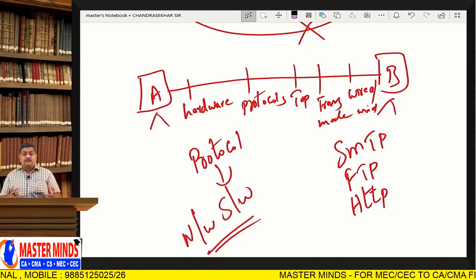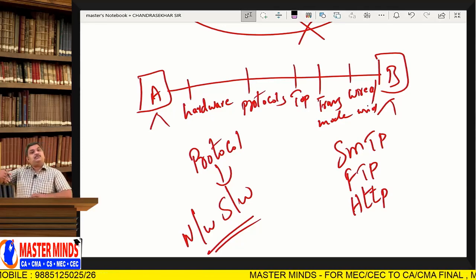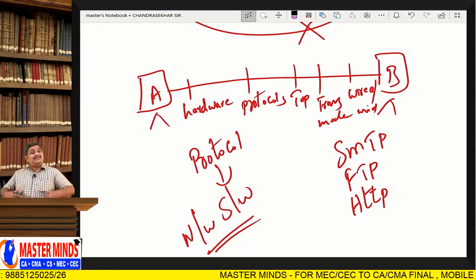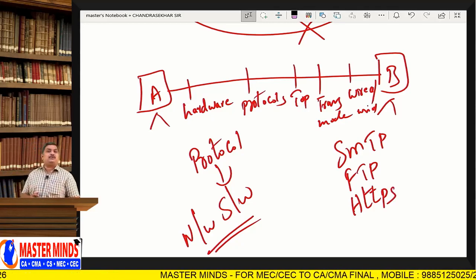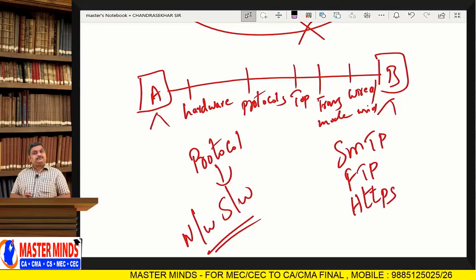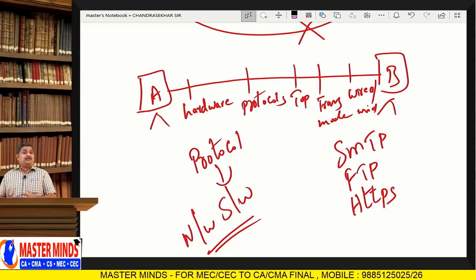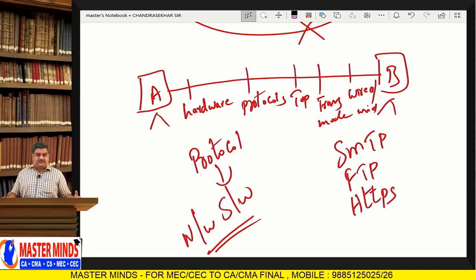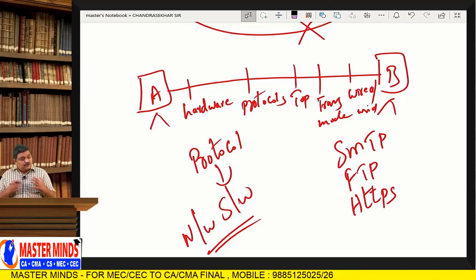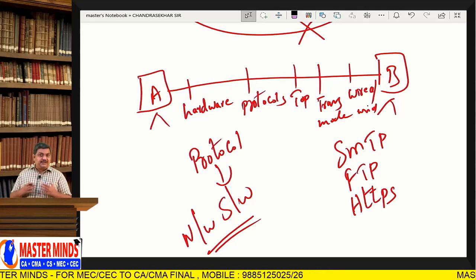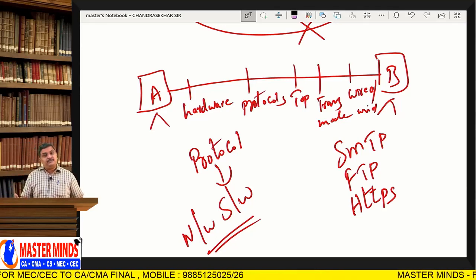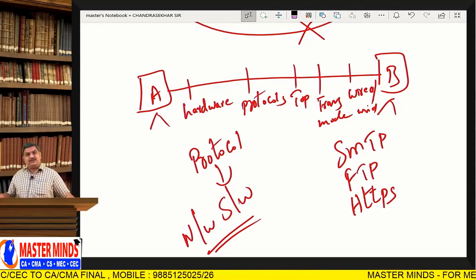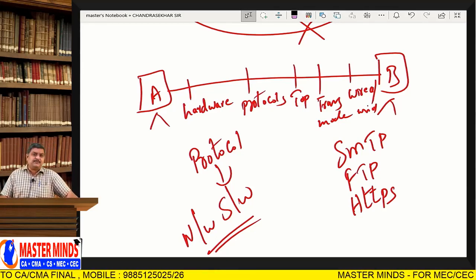See, earlier we used to follow the HTTP protocol to load websites. But today the secured version of HTTP, that is HTTPS, is followed. So this is a protocol. That means for everything in the network, a procedure should be there, a program has to be written, and that procedure has to be followed definitely. Otherwise, what happens? You will get a lot of problems, no? If you don't follow a particular procedure, you will get a lot of problems.